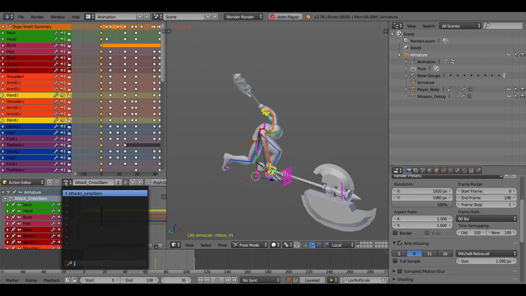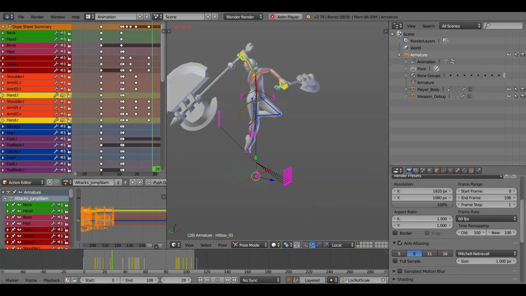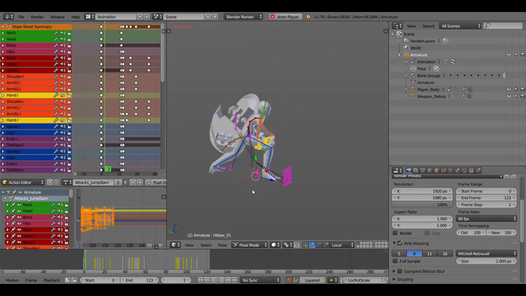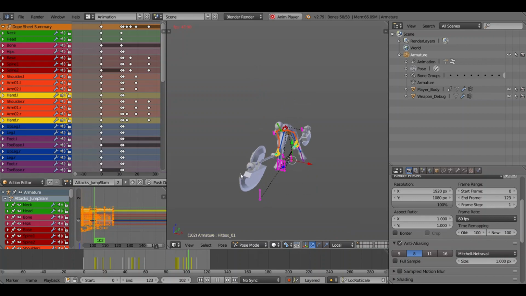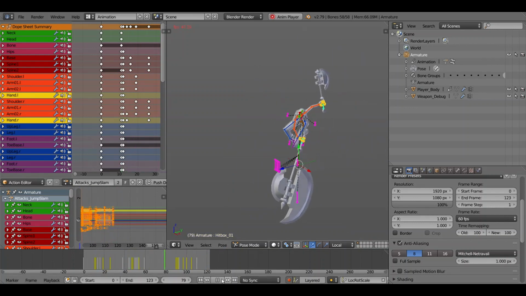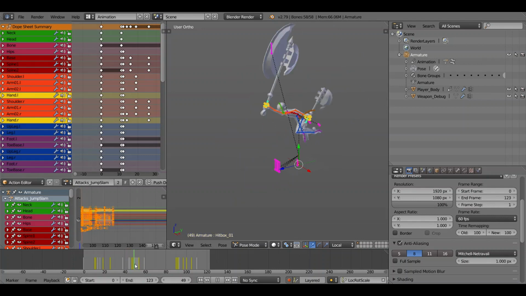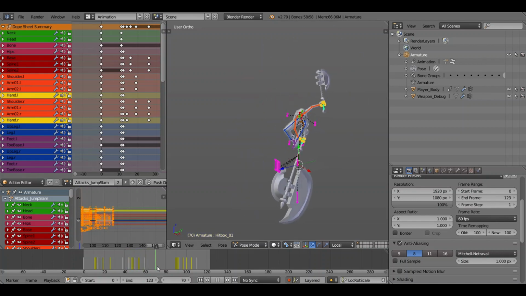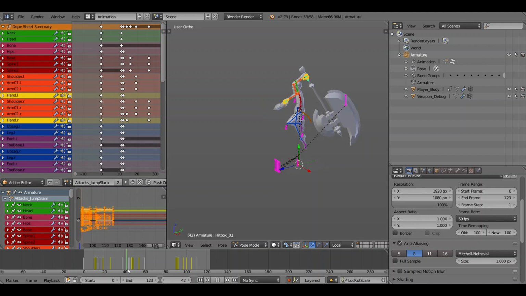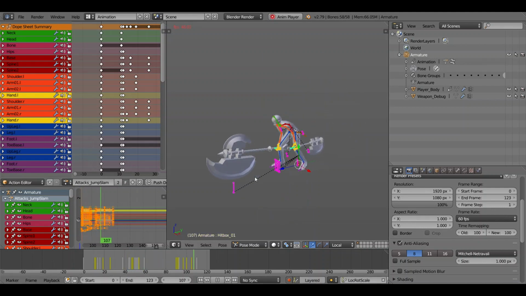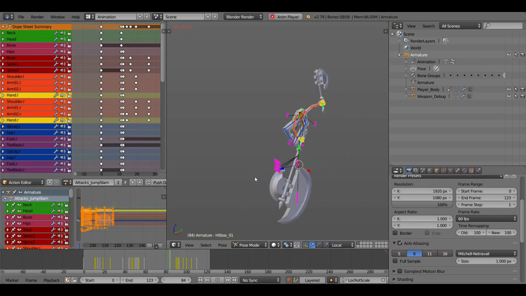Finally, we have the jump slam, which is technically not a slam. This is you pressing your heavy input and then pressing your jump input. So this is an aerial attack. Your character jumps into the air, and then as they are still in midair, they do a slash downwards. This one's specifically interesting because it's a midair attack that isn't a slam down. Even though it's called a slam, I really need better naming. It's a jump, and then while you're in midair, you do a nice little slam.